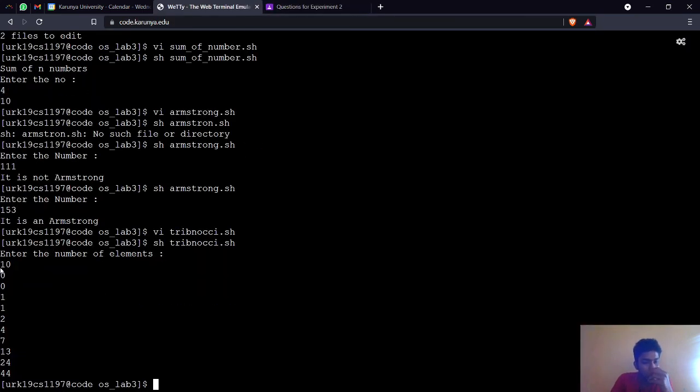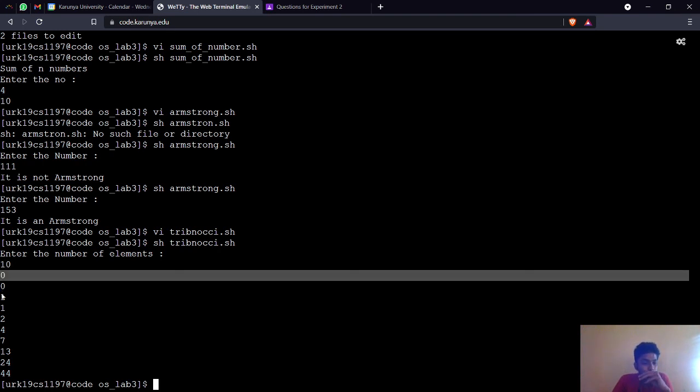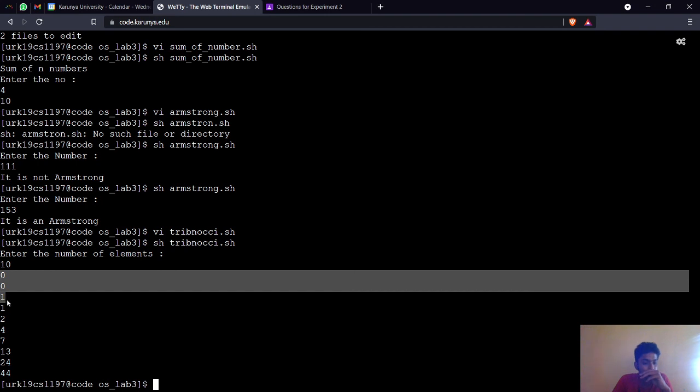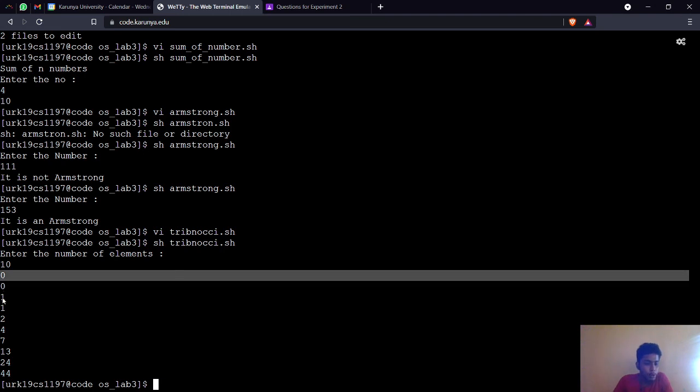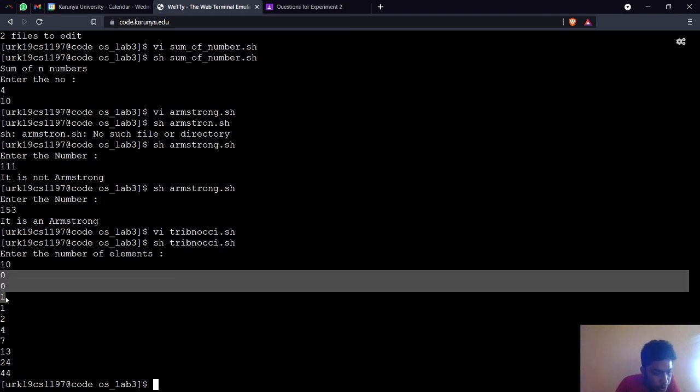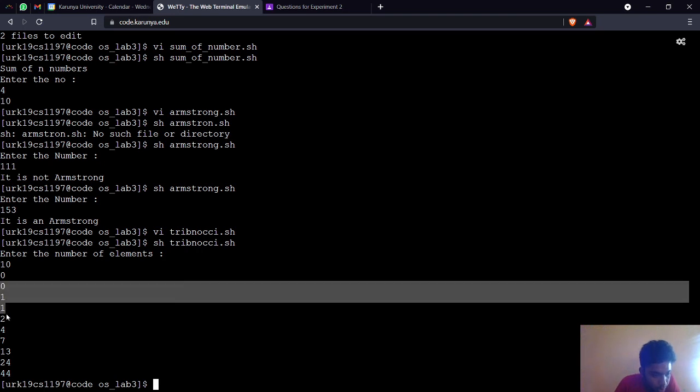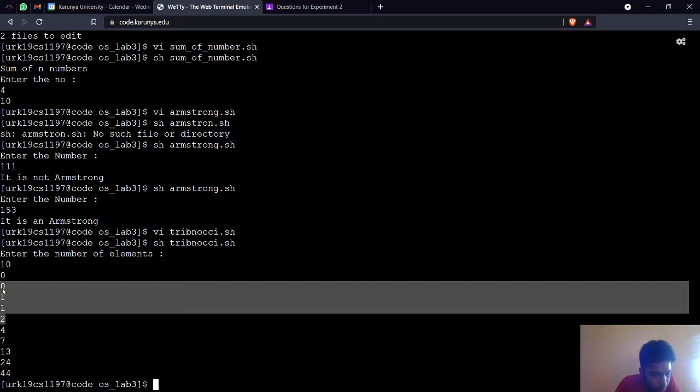First it will print the three initial elements from the user input. Next, the addition of these is 1. Next, these three numbers 0, 1, 1: 0 plus 1 plus 1 is 2.